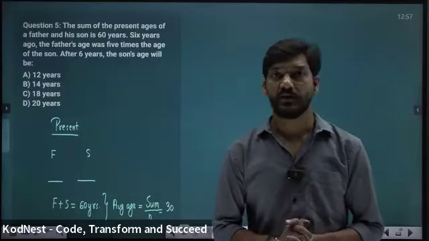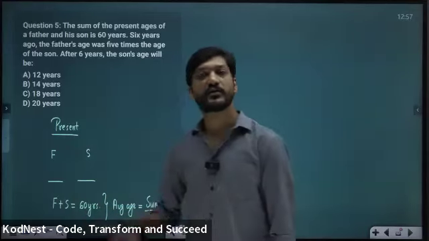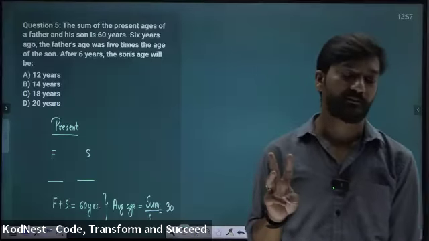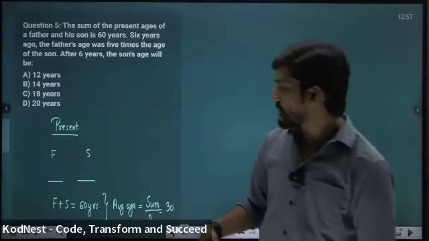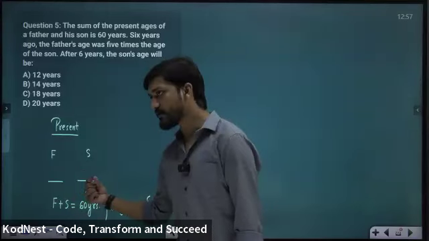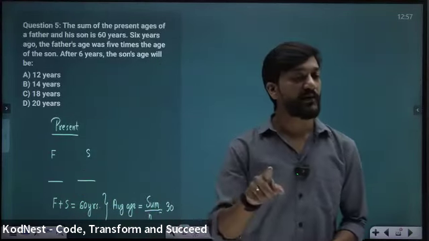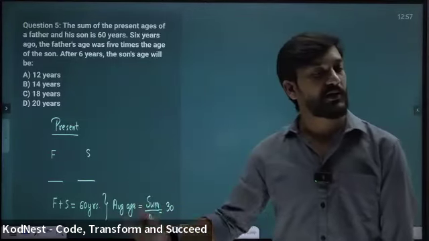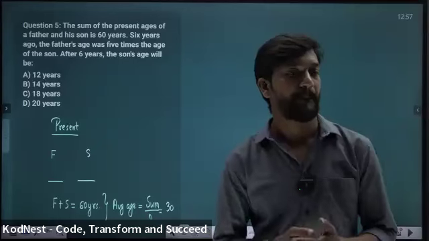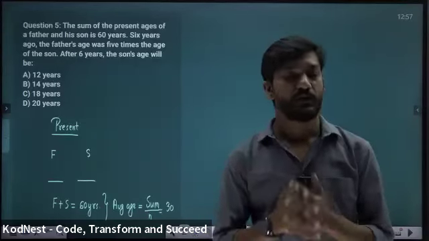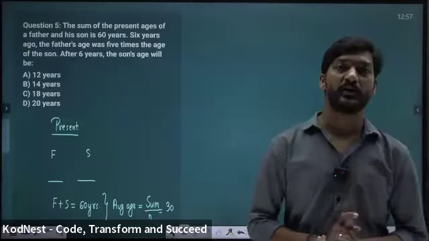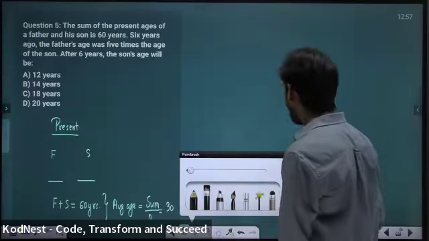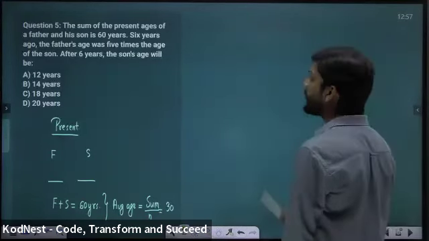If there are 3 persons, sum is 60. So 10 years ago, what was the sum? 10 years ago, 3 persons I'm taking. 30. Minus 10 for one person, minus 10 for second one, minus 10 for third one. But if I ask you average 30 right now, what was the average 10 years ago? 20. So average is never confusing. So that's why whenever sum is given, immediately calculate the average, always. So let's see now what is given next.